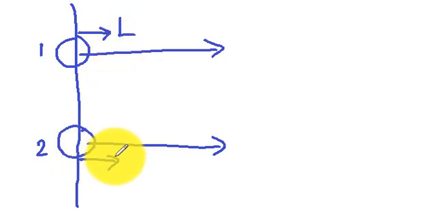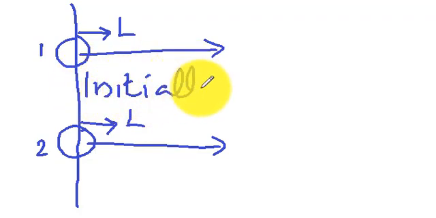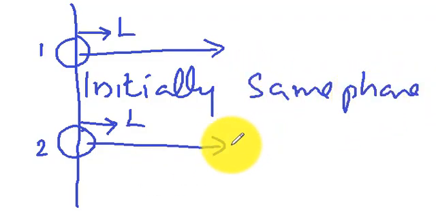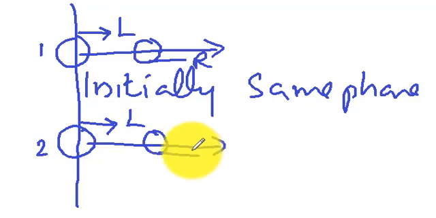Or the first can have left hand in the front, the second can have right hand in the front. These are different possibilities. Now listen, if they both have the same left hand in the front, I will say initially they are in the same phase. Initially same phase means they should have their left hand or right hand simultaneously in the front. Now when the robot takes one step forward, the right hand will come in the front. Similarly, when this one takes one step forward, the right hand will come in the front.